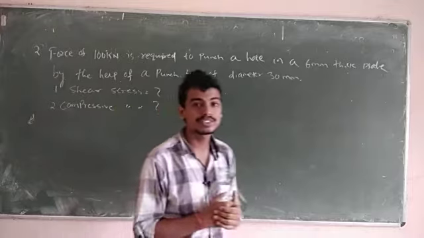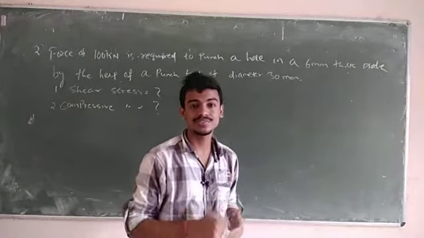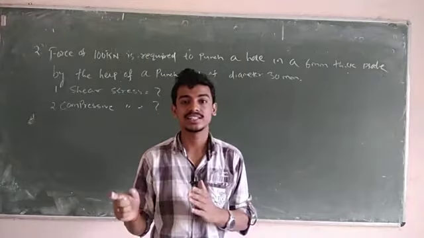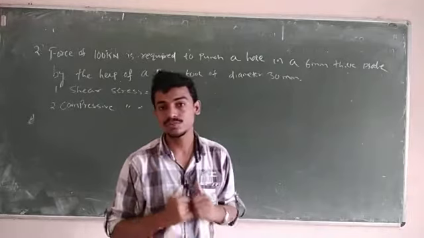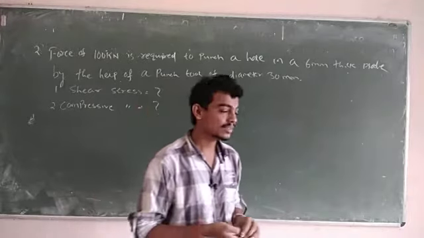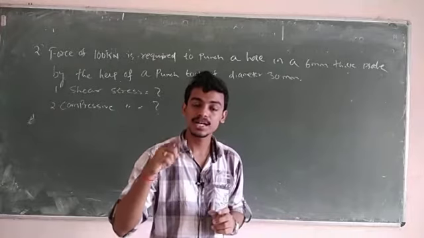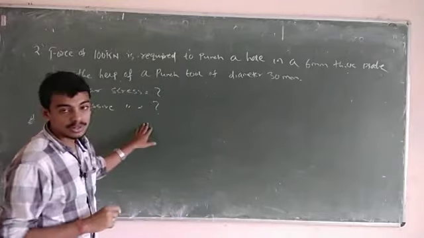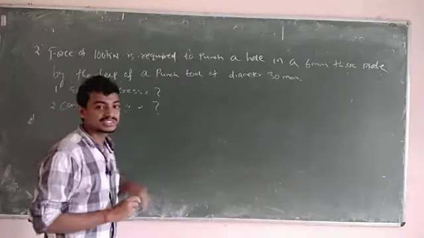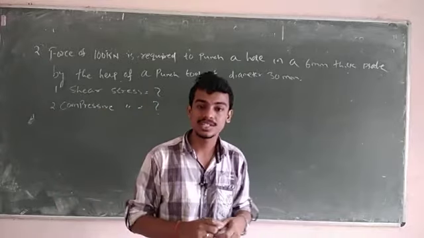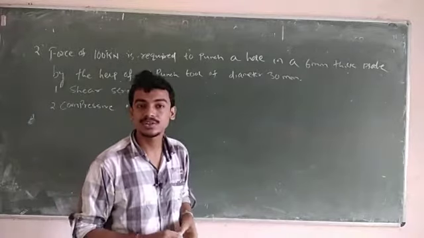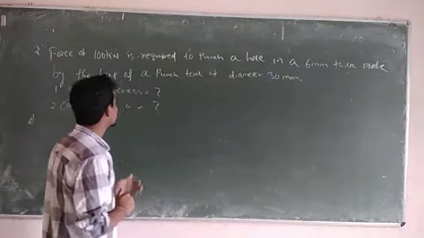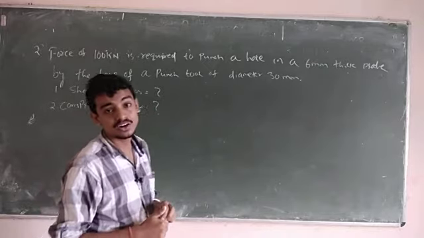Why? Because one, it is asked shear stress, and then it will ask compressive stress. In the previous problem it is asked our compressive stress or our tensile stress. In that case you have to take the cross sectional area, that is pi d square by 4. As it is a hollow cylinder, you have put pi by 4 into outer diameter square minus inner diameter square. But compressive stress will be P over area, but for shear stress, I already told in the previous lectures, shear stress can be found using the circumferential area or surface area. So we have to find out the surface area, circumferential area of the section.